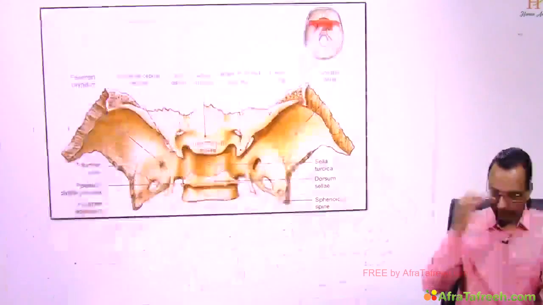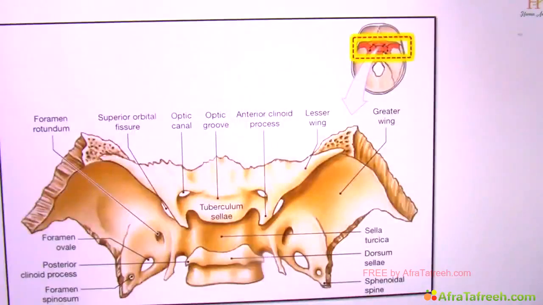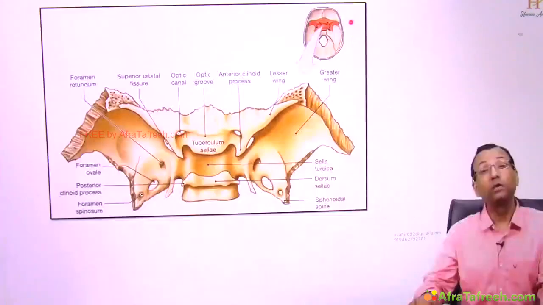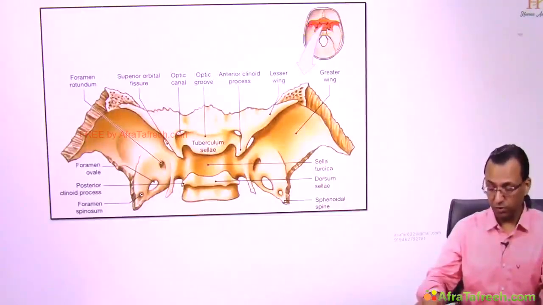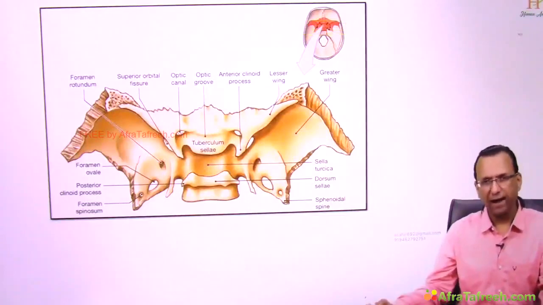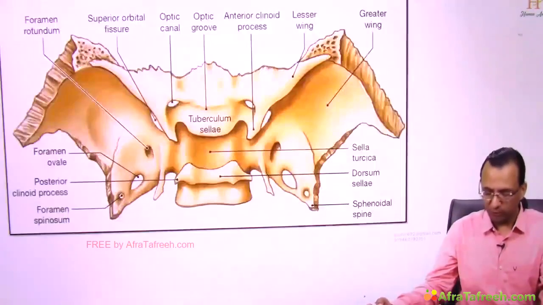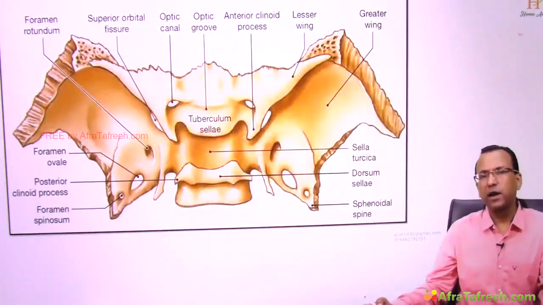Further with what? You have taken this bone from the floor of the middle cranial fossa. Yes, go back to the middle cranial fossa floor. So you want me to go back to the floor of the middle cranial fossa now? Yes. Okay, that is where you have the internal carotid artery inside